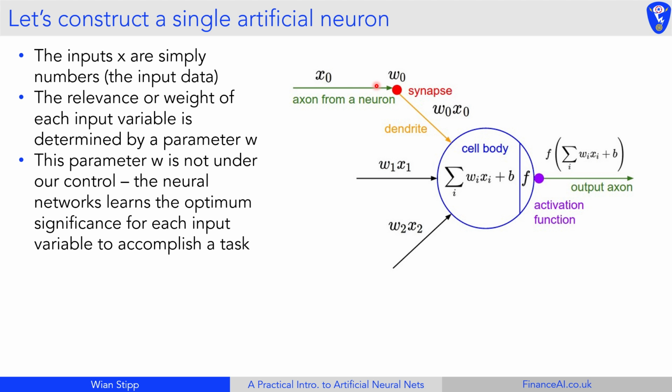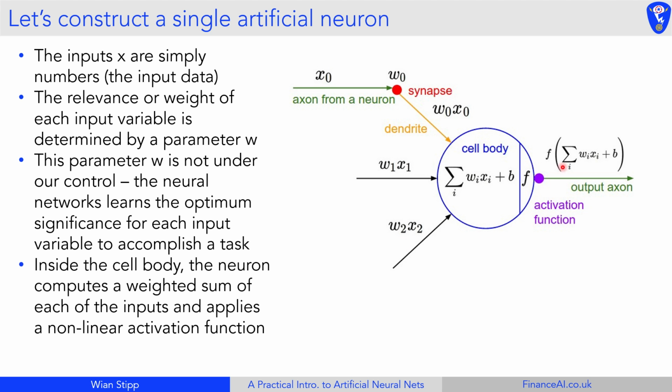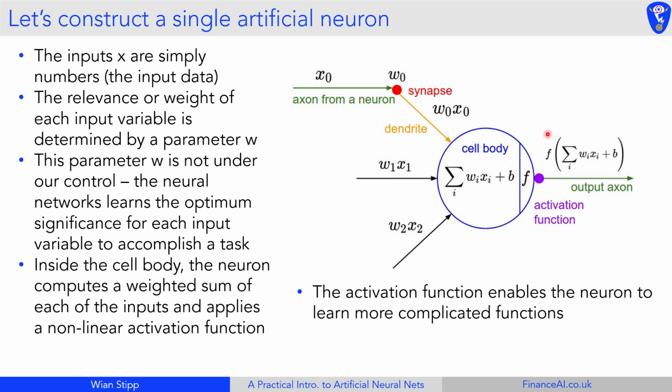And the parameters W are not under our control. We initially set them to be some random value, and then the neural network learns to adjust these parameters such that we get the desired output. And here's the weighted sum taking place in the cell body. And the nonlinear activation function is there such that we can learn complicated functions. If it was a linear activation function, then we could just learn linear relationships between variables, and then the values